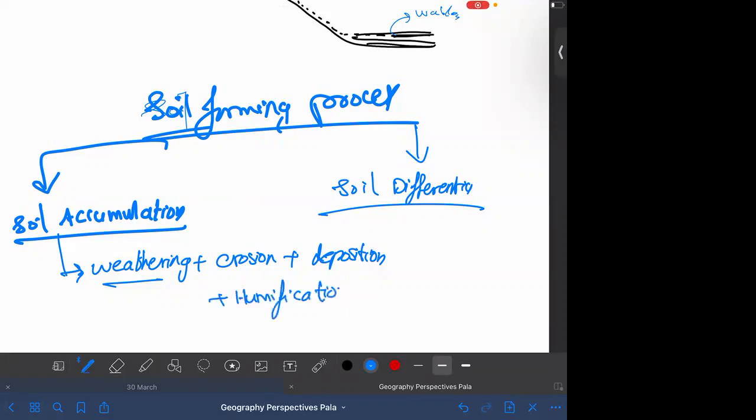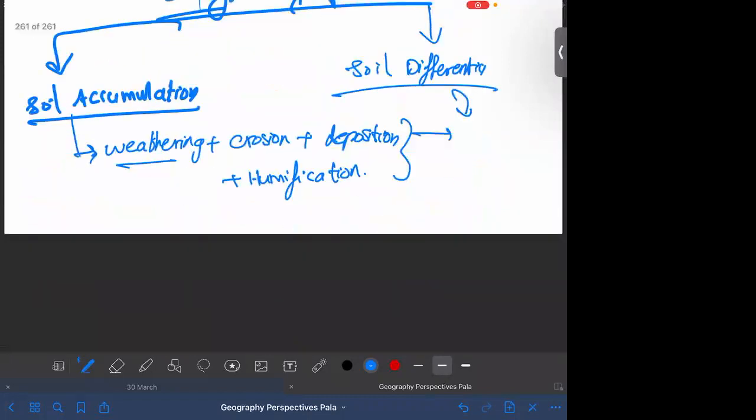How this vegetation, the vegetal component that has been brought, is changed through decomposition in the soil. So these 3-4 processes combine together to accumulate the soil. Okay. Now that is soil formation process. Now once the soil is formed, soil differentiation would be happening based on the climatic factors. The different minerals would be rearranged based on the elements of climate that is acting in a particular region. ഇത്രയും കാര്യങ്ങളാണ് will lead to soil formation.